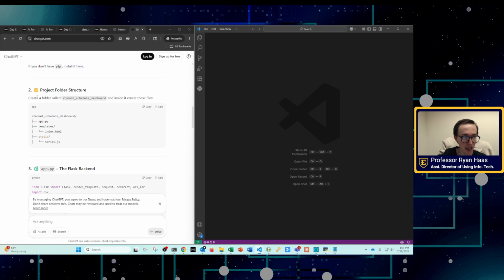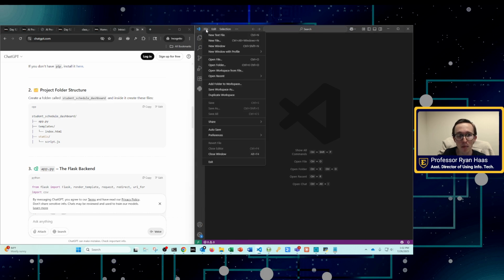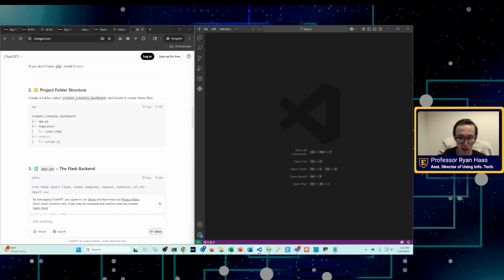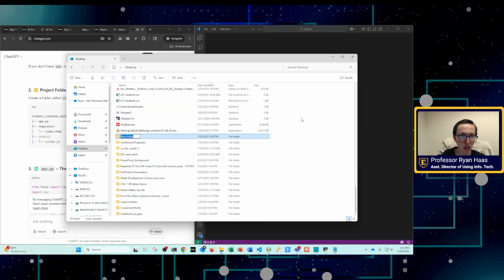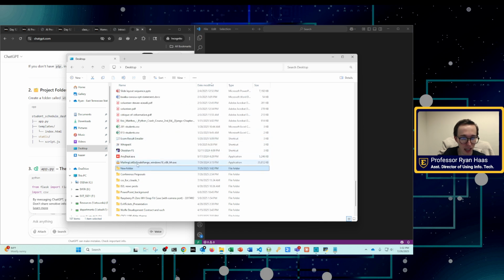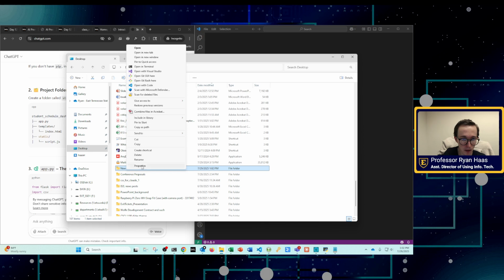So the first thing it says is create a folder. Okay, so to do that, I'll say File, and looks like I don't have an option to create a folder in the app itself. So I'm going to find a spot. Everything's a mess here, so why not just throw it on the desktop? So I press Control-Shift-N, and I'm going to name this, whoops, let me rename this.